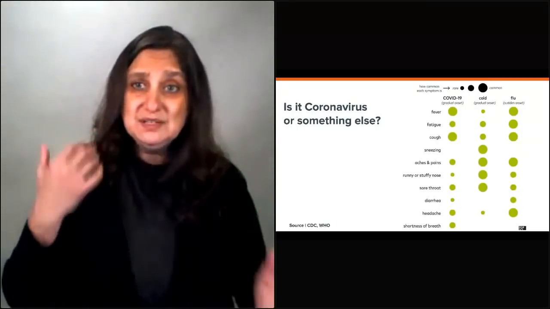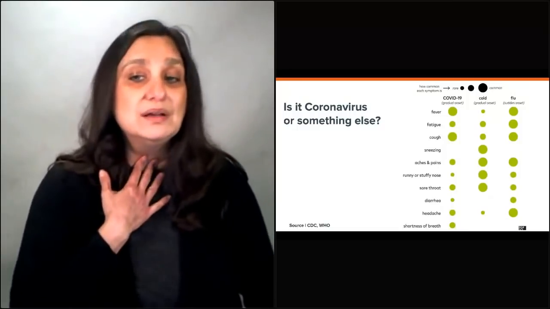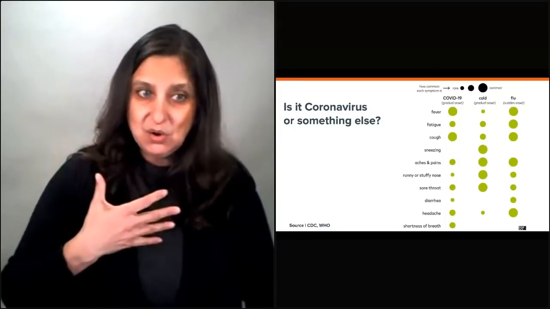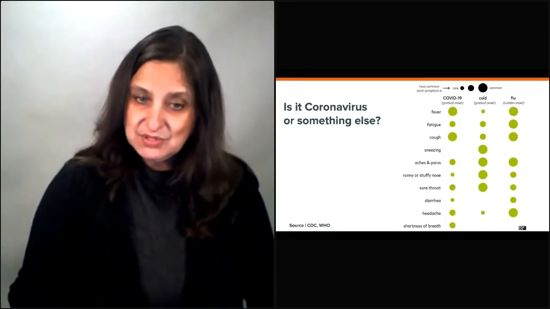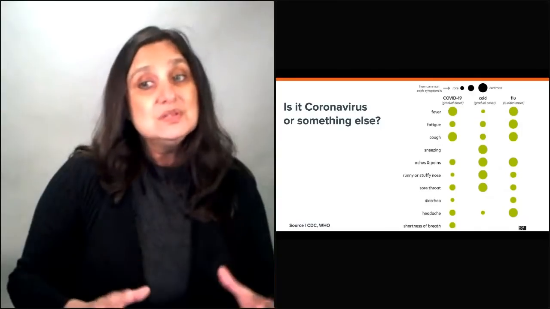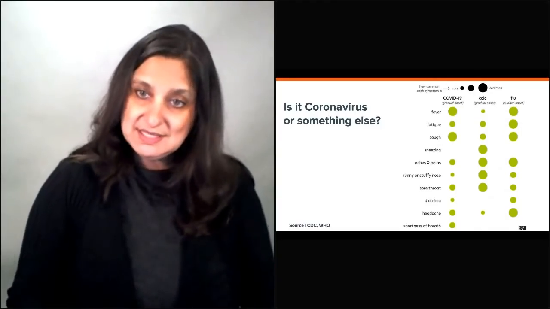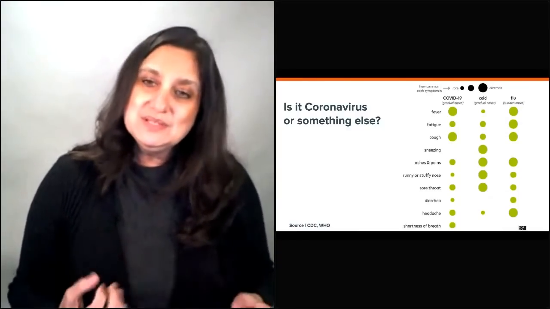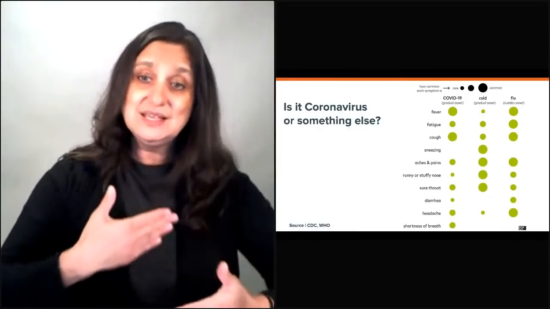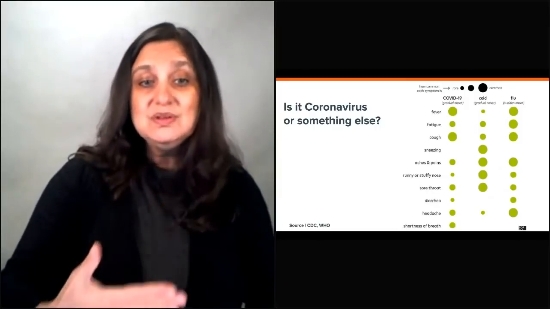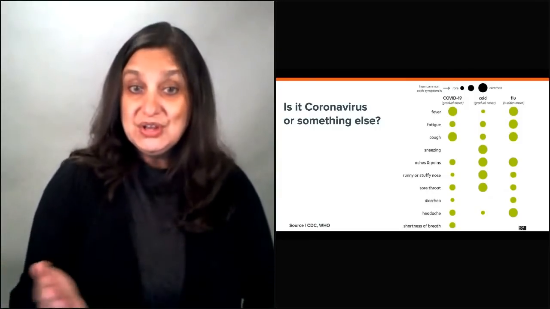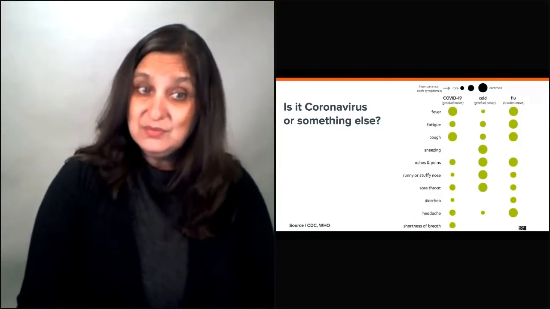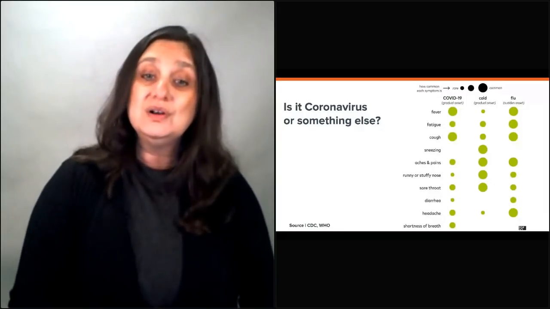So if you begin to feel things in your nasal passages or in the back of your throat, it could be a normal cold, but it could be the coronavirus beginning to take hold. And then it begins to move deeper and deeper into your lungs. It's usually people who are elderly, people who have pre-existing conditions, that it begins to move deeper into their lungs. And what eventually happens is that it destroys the air sacs that your lungs use to communicate with the blood. It's harder and harder for them to exchange oxygen and carbon dioxide. And that's why people who have really bad cases of coronavirus find it hard to breathe.